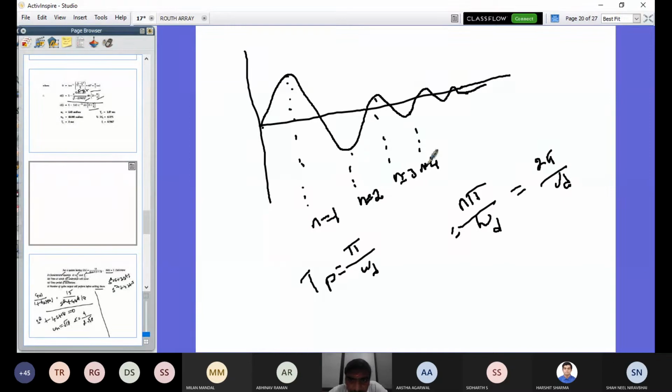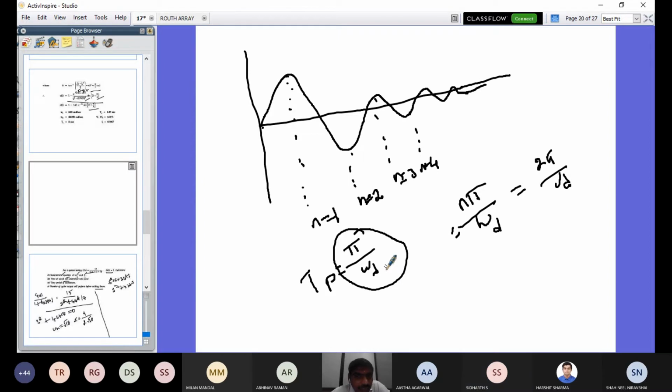Very good. So you know now how to determine it. Whether it is the peak overshoot, second peak overshoot, third peak overshoot or nth peak overshoot, we can determine it using this formula only. So here n equal to 1 is the first peak overshoot. That's why they took pi by omega d. Any doubt in that? Can we determine any overshoot or undershoot? Second overshoot, how to find it? 3 pi by omega d.